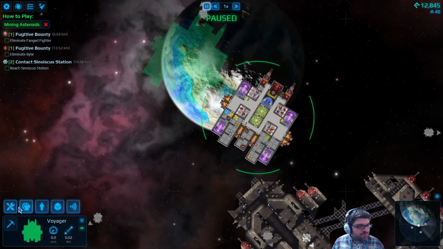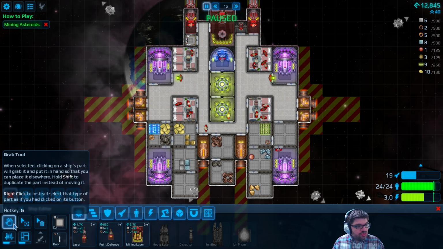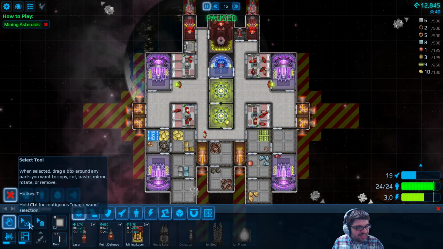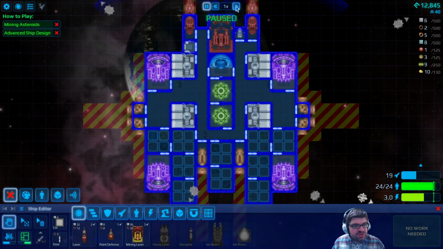If I go to the build menu, you can see on the bottom left there's a ship editor. I can click and drag things around. Note the grab tool is the live long and prosper greeting, which is kind of cool, the hand greeting. Again, a lot of Star Trek references in this. Select tool, there's the delete tool, there's mirror mode, there's blueprints, which allow you to change the layout of your